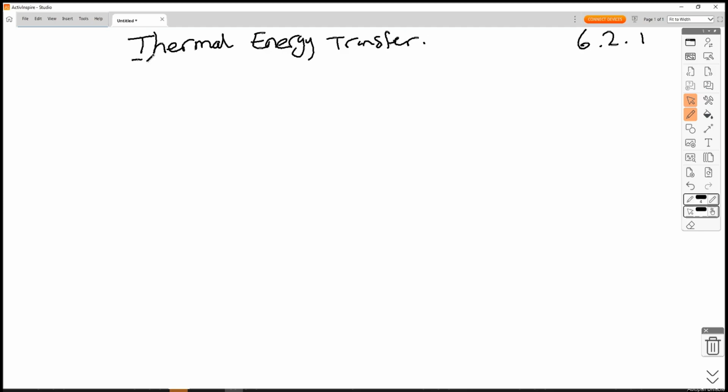And I'm going to start off by defining internal energy, which is a term you might have come across in GCSEs, but other than just a term, it wasn't really used much. So internal energy